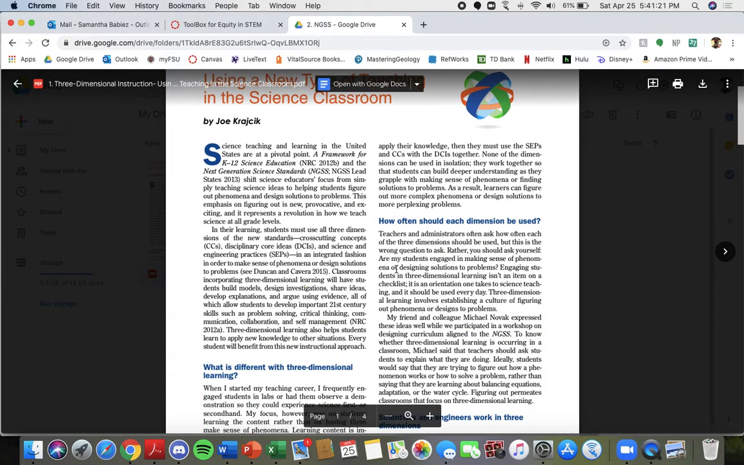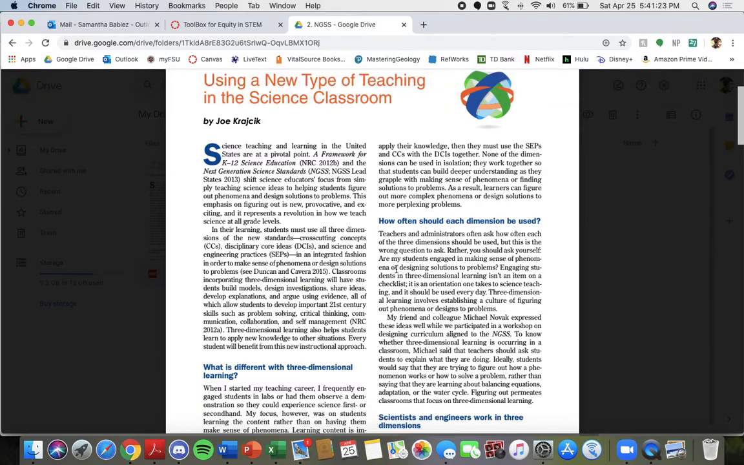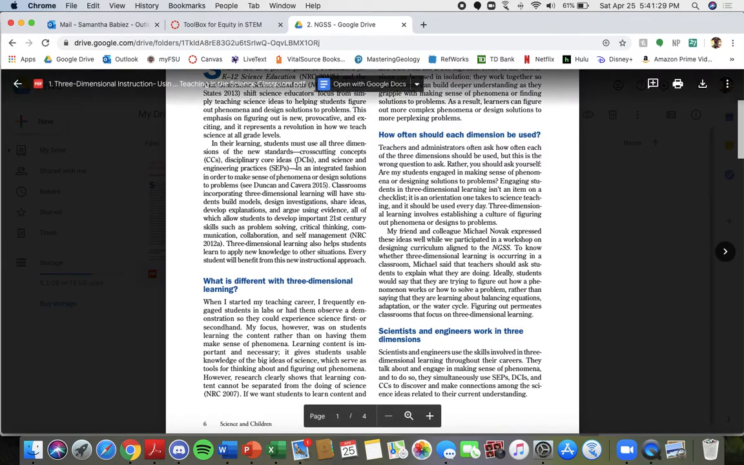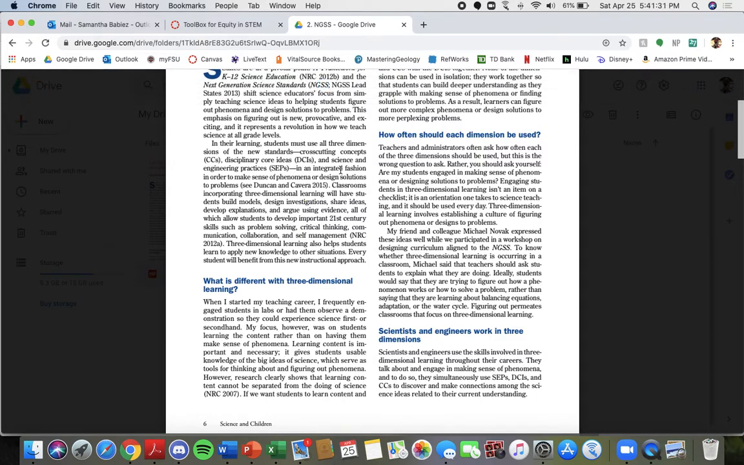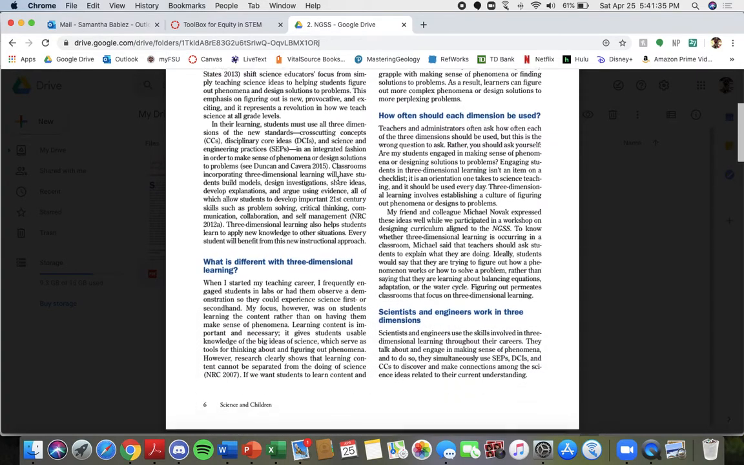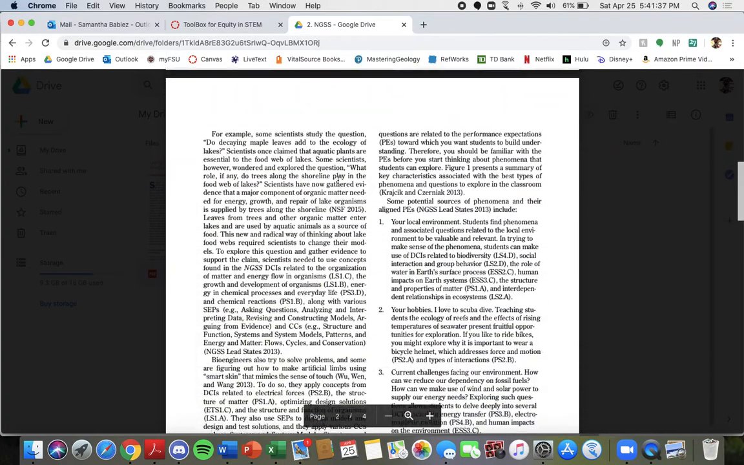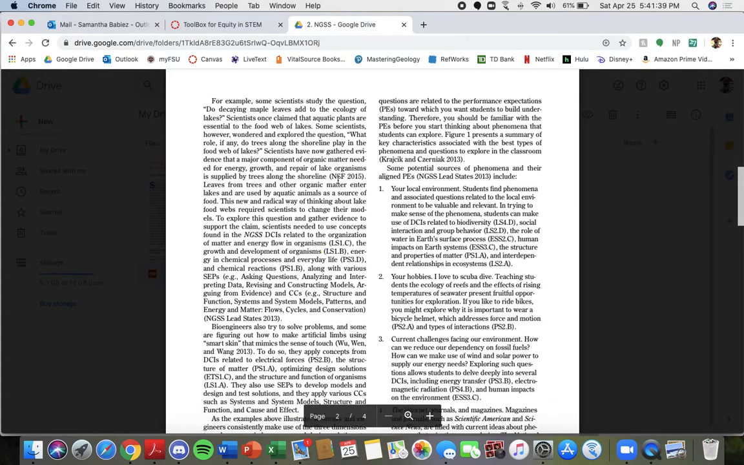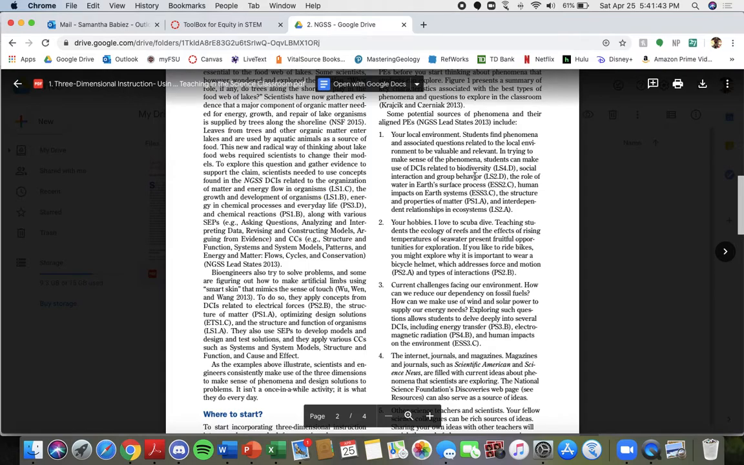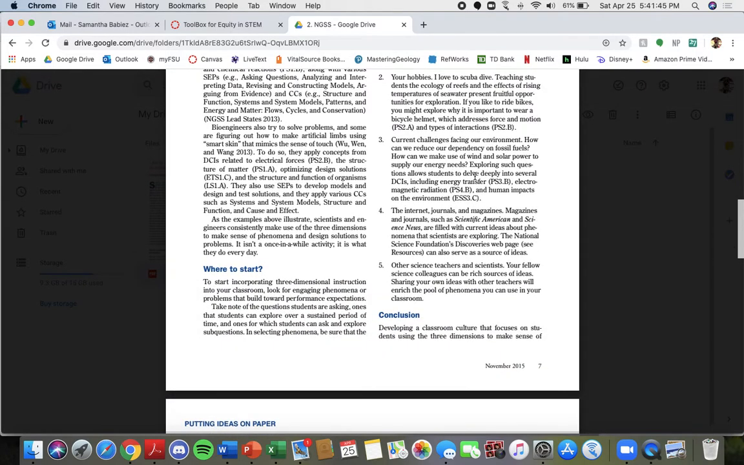And so this just gives a very brief breakdown about NGSS and involving the cross-cutting concepts, disciplinary core ideas, and science and engineering practices that build up the three-dimensional classroom. And so this is short and sweet, kind of an article. Talks a little bit about anchoring phenomena, and